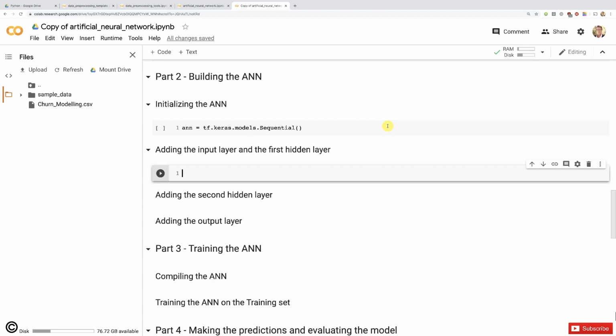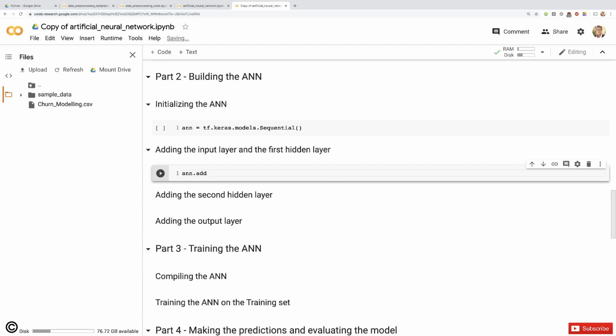And the way we use it is very simply by taking our artificial neural network object, that instance of the sequential class, from which we're going to call one of the methods of the sequential class, and that method is add. We certainly hope that there is an add method inside a sequential class, right? So that's the method we need right now to add anything we want,